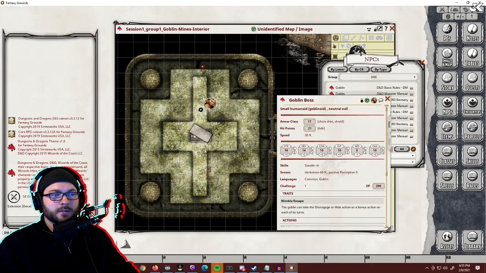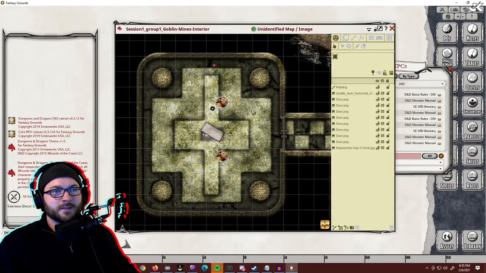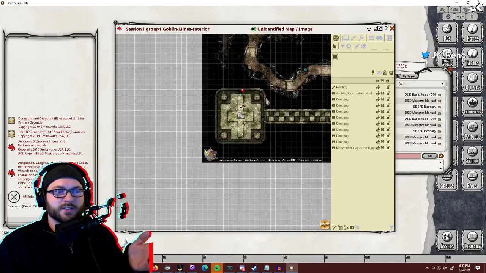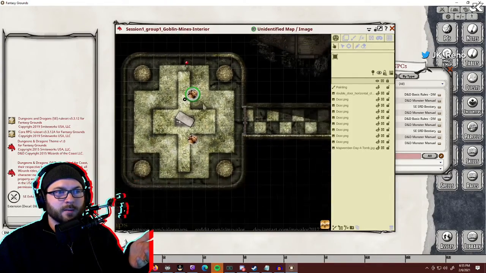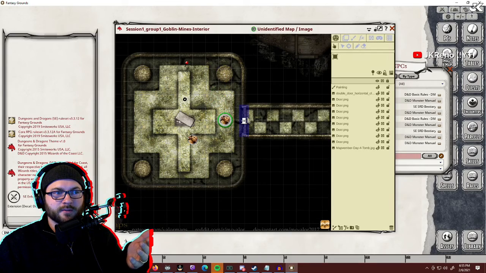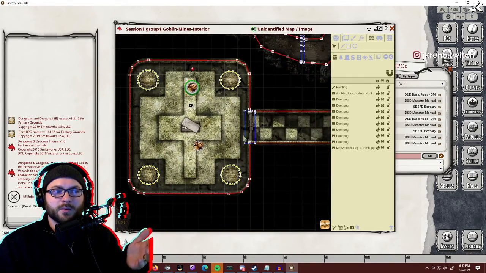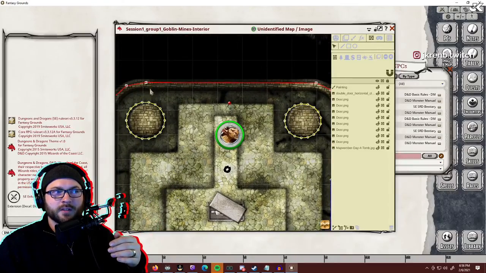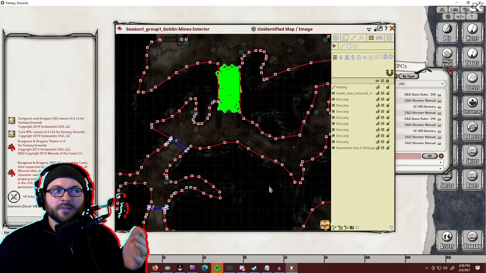So we have our creatures here that I prep up for the fight, so that way they are able to just go. I do a lot of session work, and not only do I just throw a map here, but I do have line of sight, so that way they can kind of see some stuff. The players can only see certain things, or behind a door and stuff like that. So I have to go through the entire map and set up walls and doors and windows based off of lines. That way it kind of adds what they're able to see and what they're not able to see.